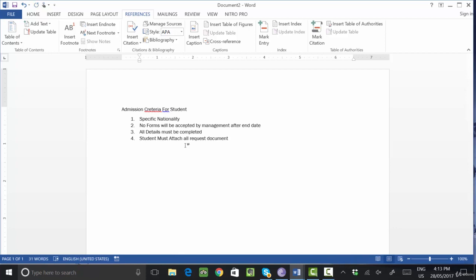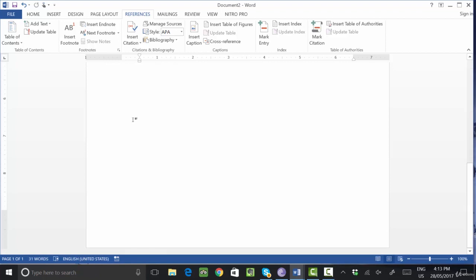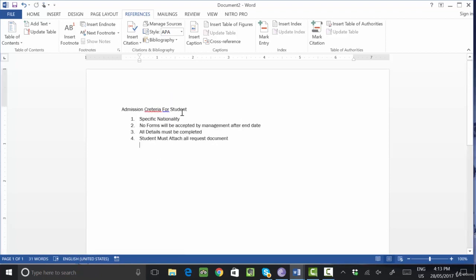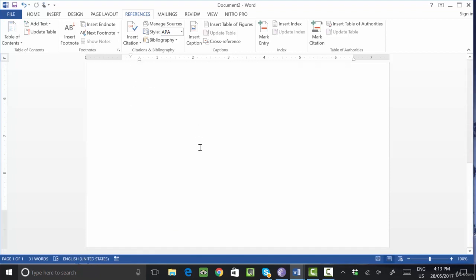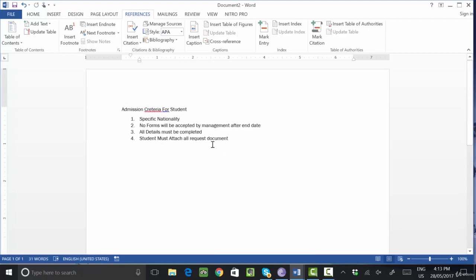Okay, but suppose students are learning this online and they want to go again and again down, so it's better I will give all the comments here in the form of footnote. So how should I create? Simply, suppose after nationality you want to highlight one footnote that it must be an Afghan student, it must be an Indian student, or it must belong to this country. Okay, so there is no need to search here and there. Everything will be displayed in this particular area.